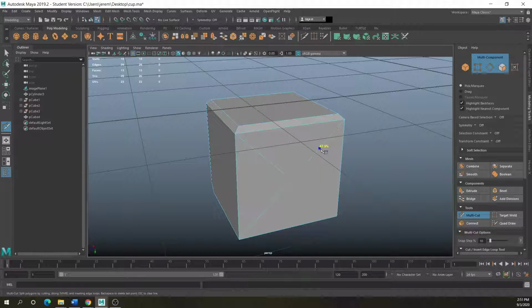If you notice, if I just click on there, it's giving me a percentage. That means that's a percentage of the distance between the two vertexes that I'm going to connect. So I'm at 87% away from this top vertex and the negative of that from this other vertex here. If I want to go right to the middle, I would just hit shift.